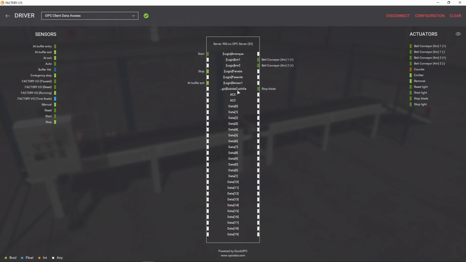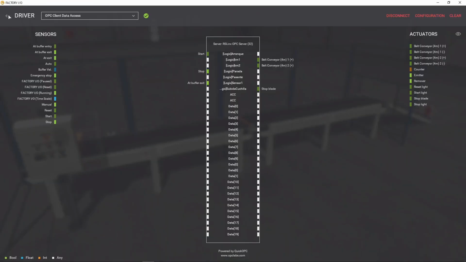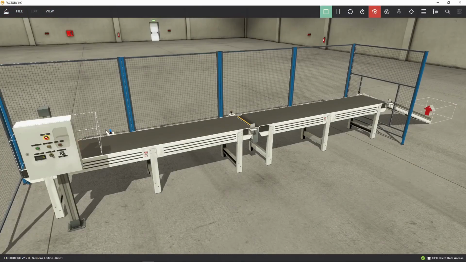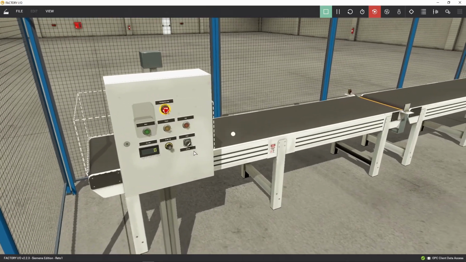With these tags showing up in Factory IO, we link them to the controlling flags in Factory IO. We assign them to the correct driver tag, and this way we ensure that Factory IO and Studio 5000 are communicating with each other. Once this is done, we can see that every time we interact with the control panel over here, the